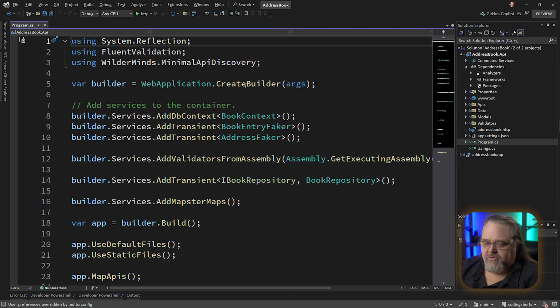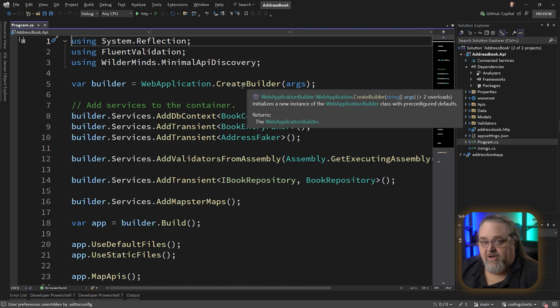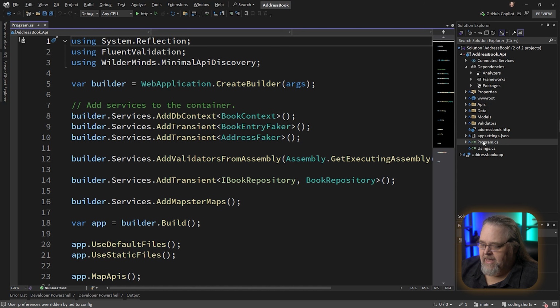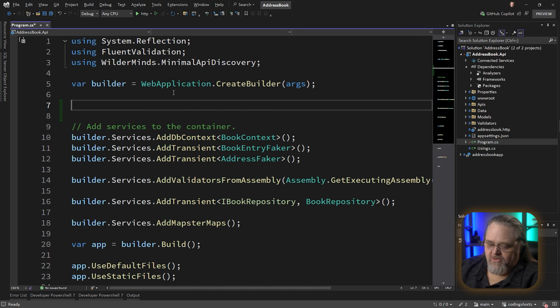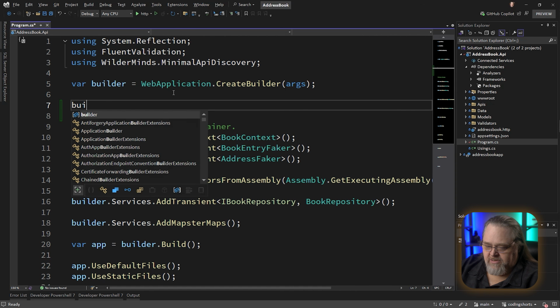So the Create Builder here is creating the default configuration files that allow you to get app settings and the development version under development and all of that stuff. We're going to let that be built there. Let's go ahead and extend that configuration using our app configuration. So we can say